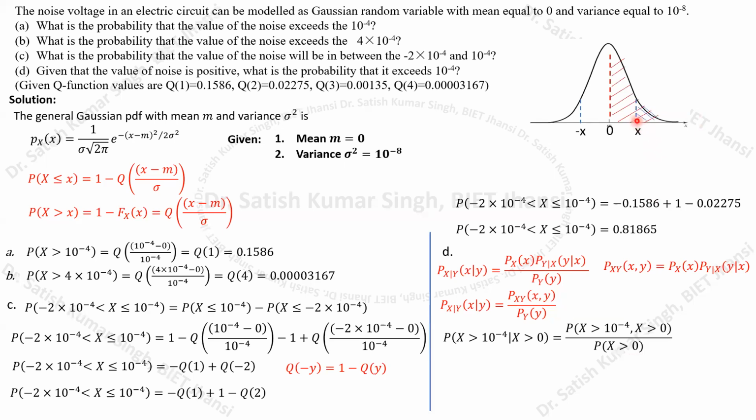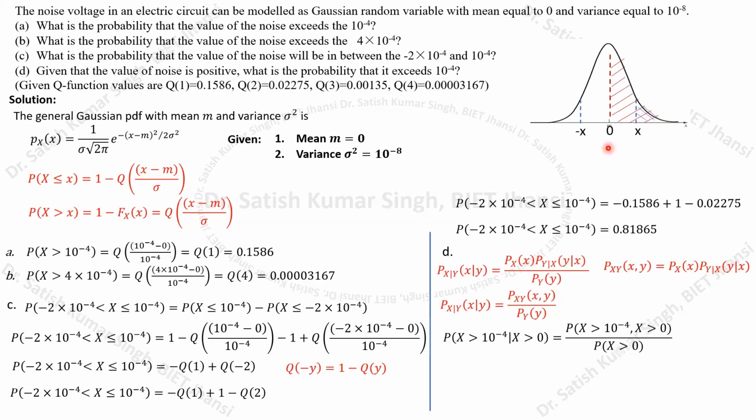So here you can see this blue shaded curve. Okay, so this particular X represents 10 to the power minus 4 volt. When this represents 10 to the power minus 4 volt, then this particular shaded area represents the probability that x will be greater than 10 to the power minus 4. So for this particular joint probability to be true, only this shaded section will be considered,